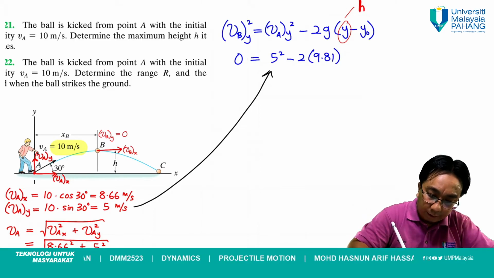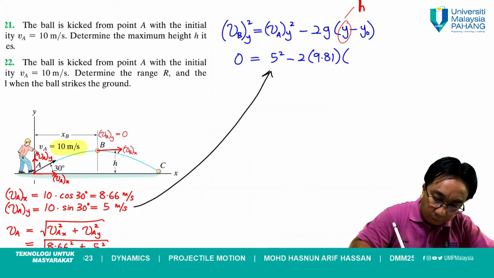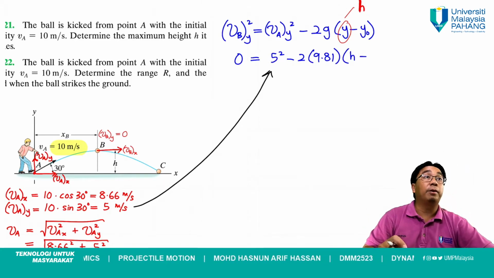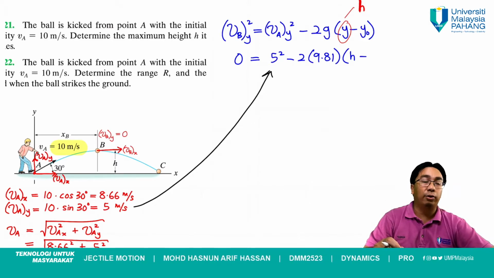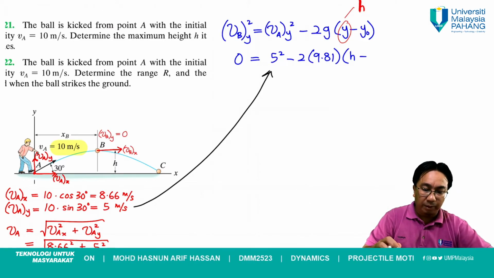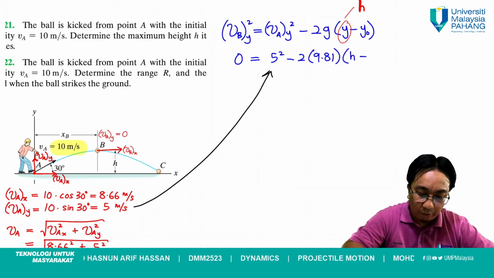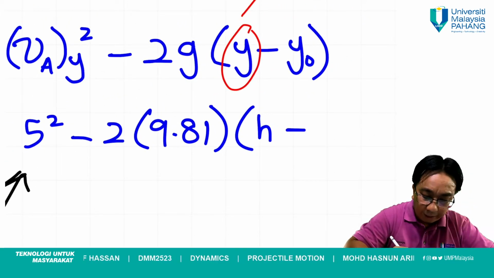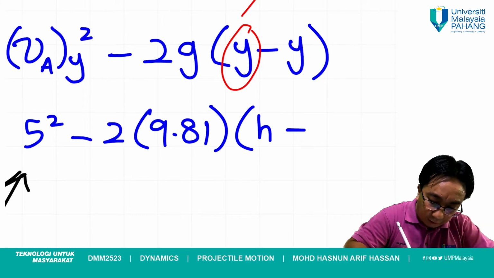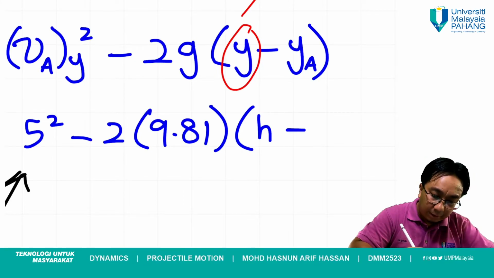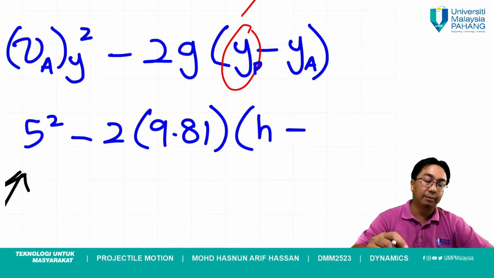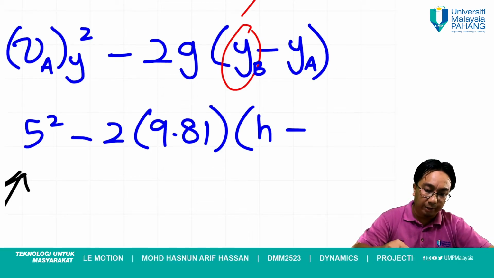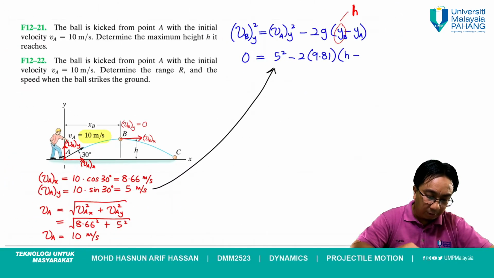Okay, dan di sini H minus Y0 berapa? Y pada titik mula. Ataupun sebenarnya bukan Y0 lah. Kita gantikan dengan YA. Titik pertama tadi ialah titik A. So, YA. Dekat sini ialah YB lah sebenarnya. Dekat sini YB itu YA. Okay, YB ialah H. YA ialah